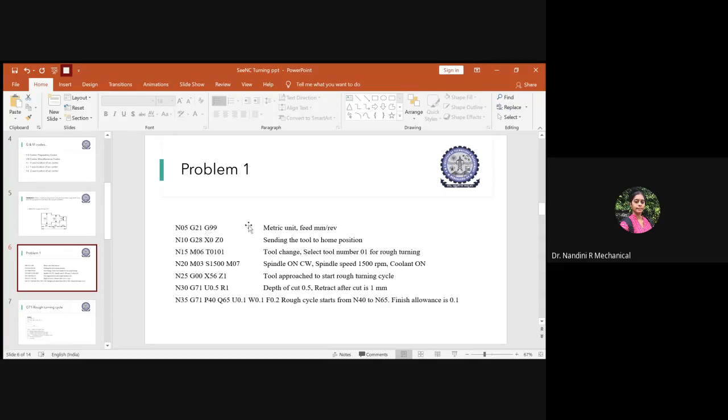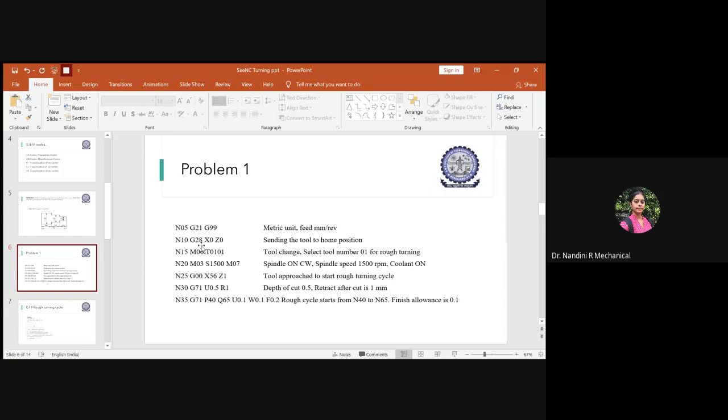The feed is in terms of mm per revolution, so you should use the code G99. This is the very first step you have to write. Instead of metric, if you want to use inch, then you write G20. We have dealt with all of those in our G codes.